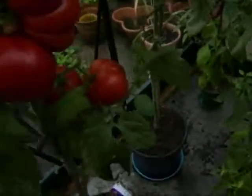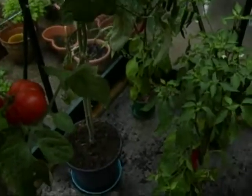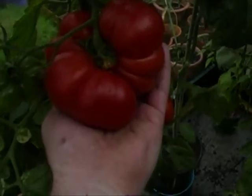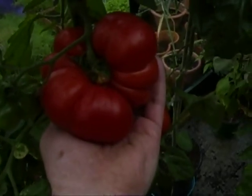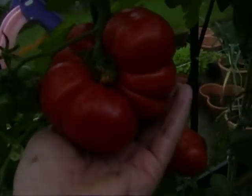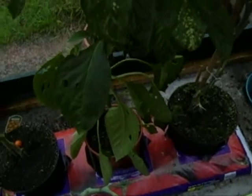I brought the peppers inside because we're just doing terrible outside. Look at this. Try and put my hand on, I'll give you a bit of. Oh, that is a beauty. That's a beef steak. Again, I'm not sure of the variety. Just look at the bloody size of that. It's massive. And again, we've been eating them. I've took one of the